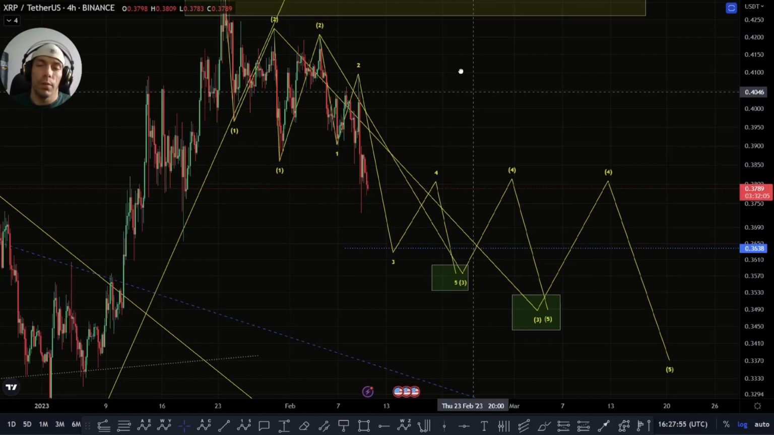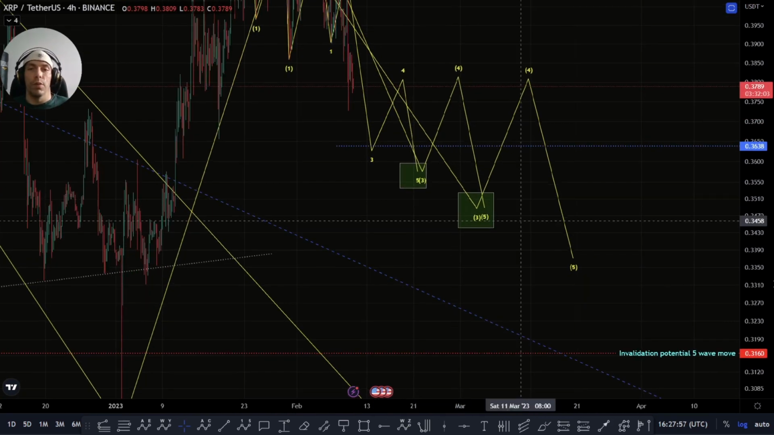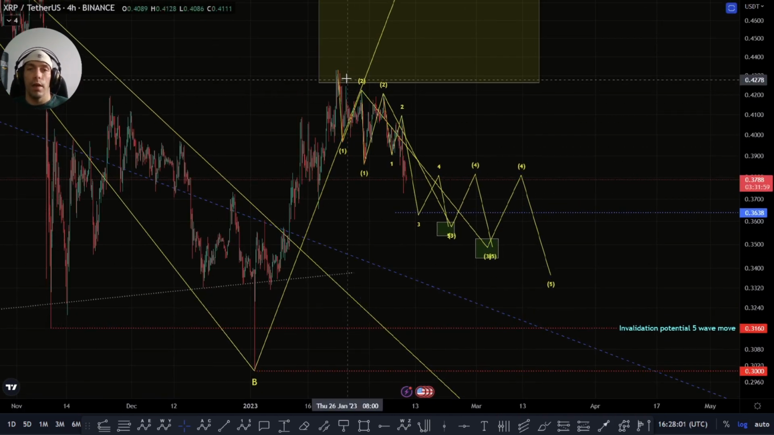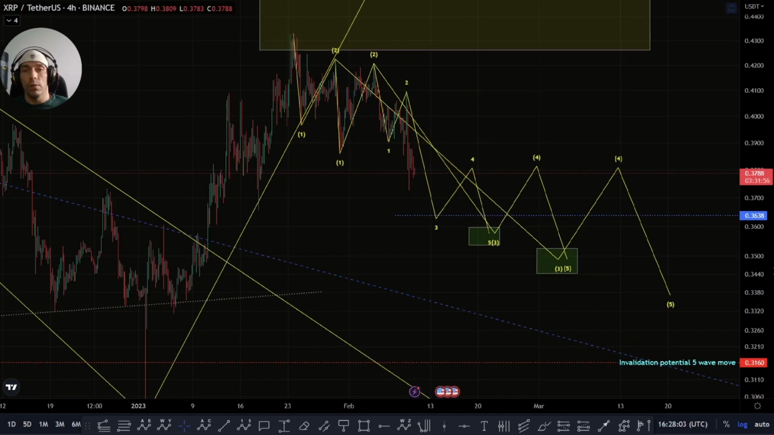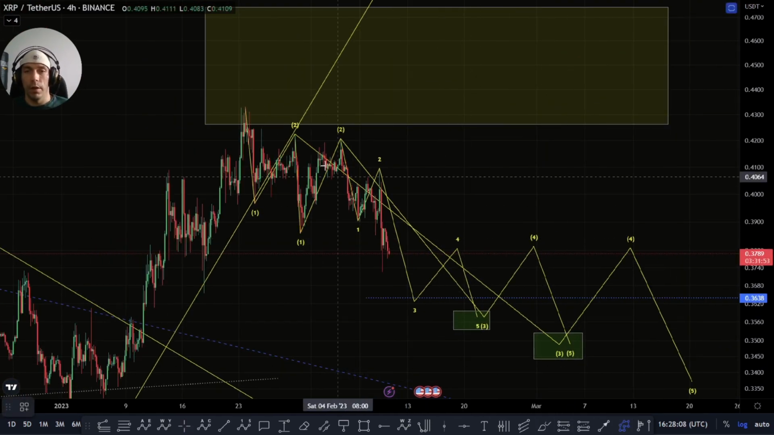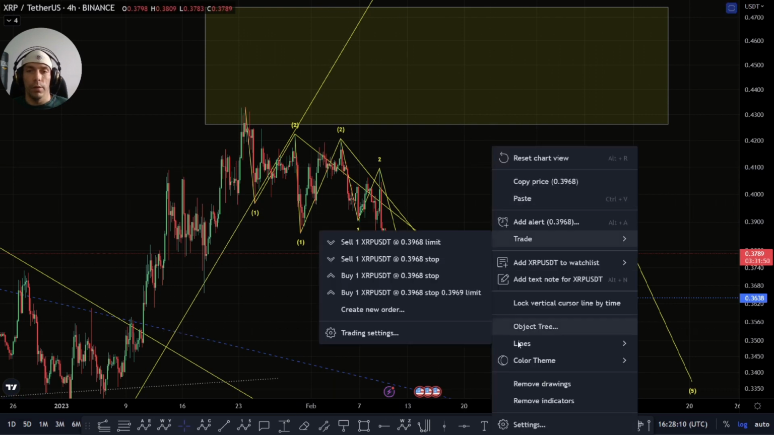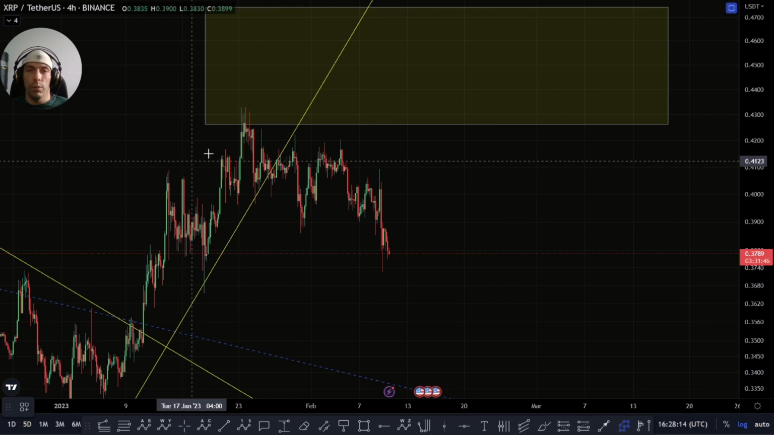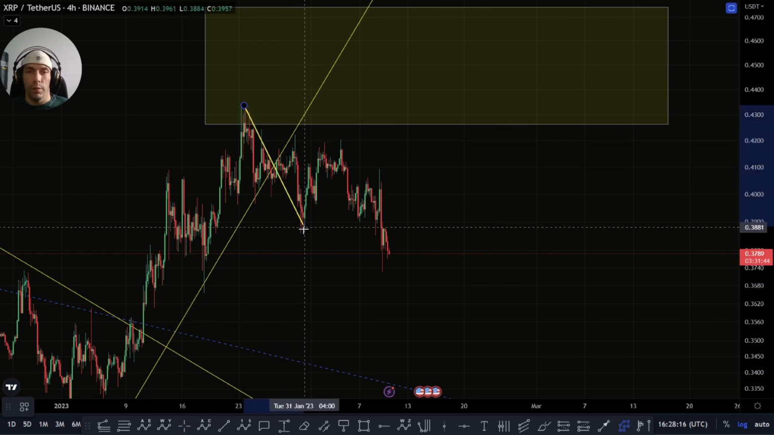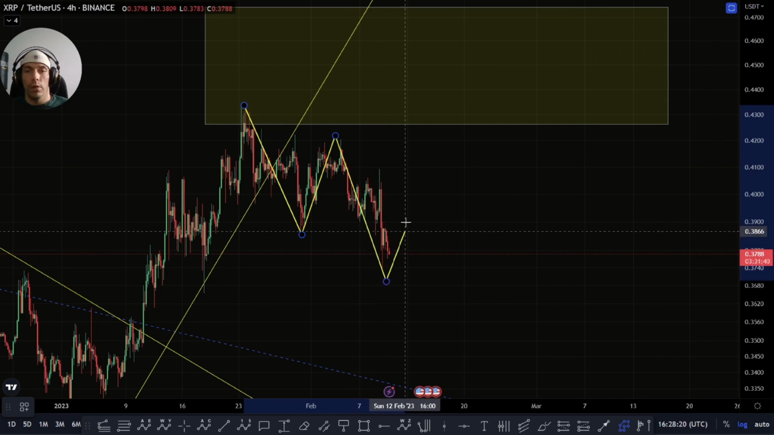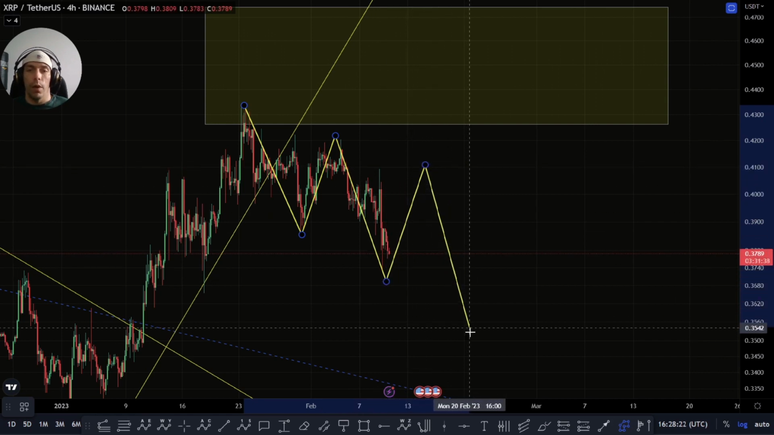But this is just something I'm keeping an eye on in case we do start to break down much heavier, and looking for this, like I said, as that potential A, B, and then a C. It is also possible that we could start to form something here where we look at this slightly different. And if I just turn this off for a second, basically we need to just be aware that we could also see something like this play out, where we get this as a 1, 2, 3, 4, and a 5